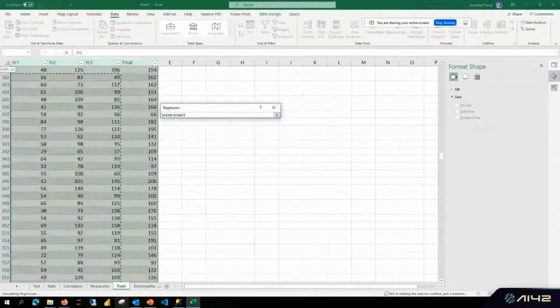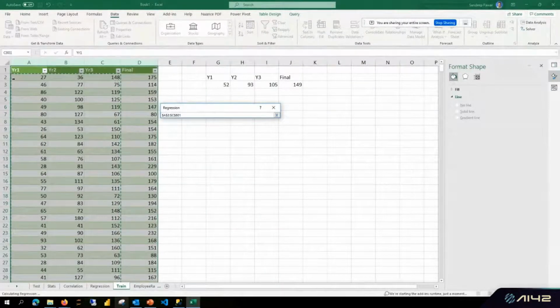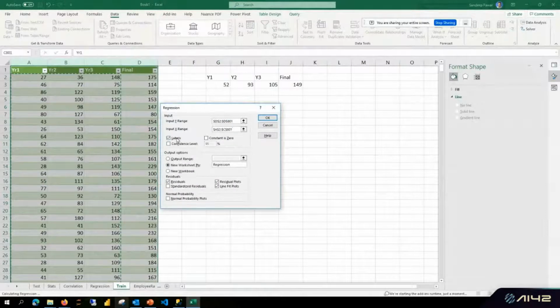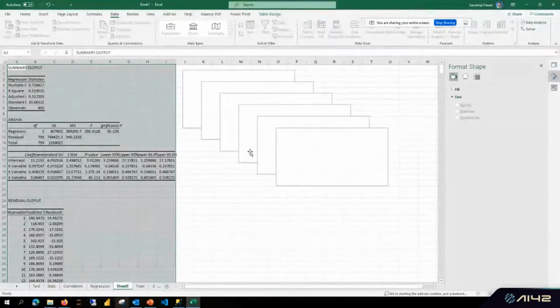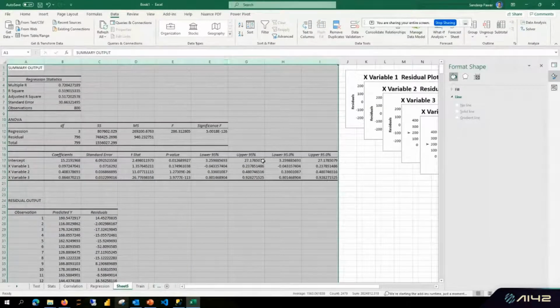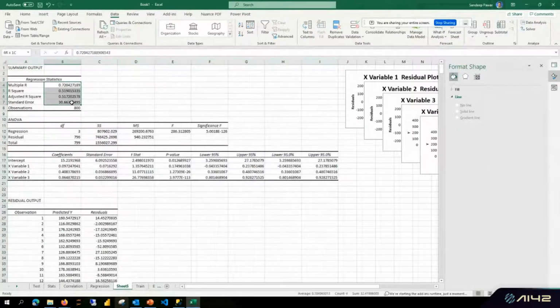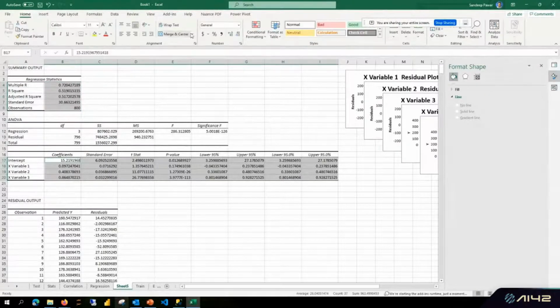And my input range, my XY variables are actually this. Say enter, labels, and say OK. And when I do this, Excel is going to do the regression analysis for us. So what it did was actually did the OLS for us. Again, as I said earlier, always truncate your numbers to the first decimal to make them slightly more meaningful to